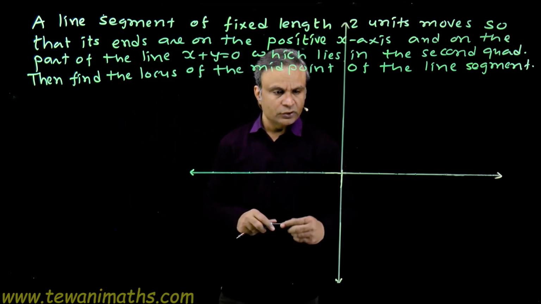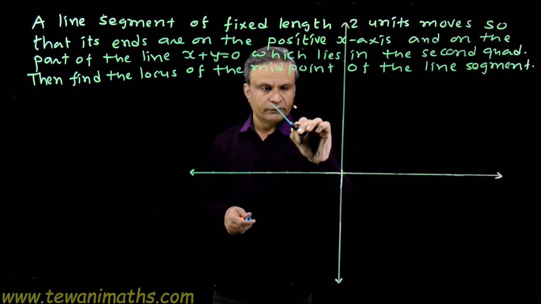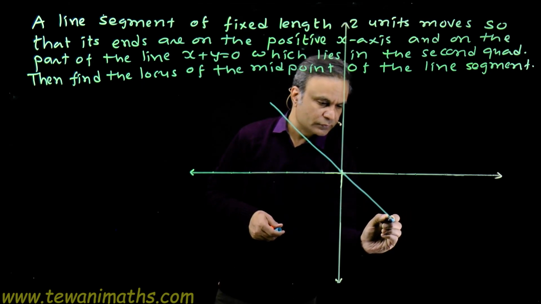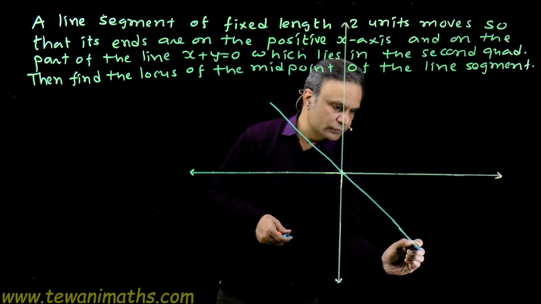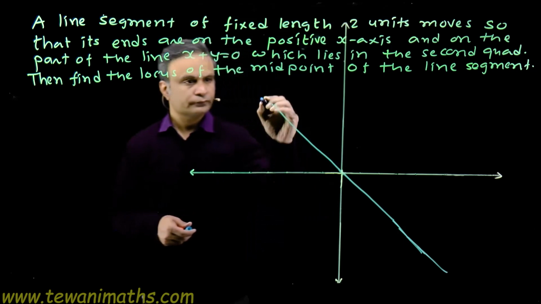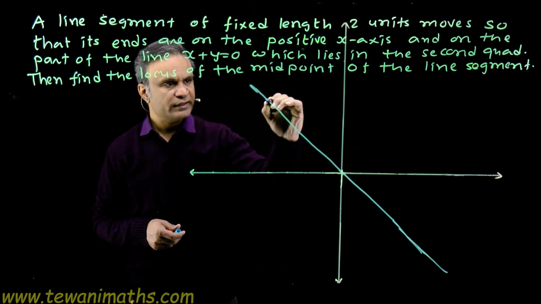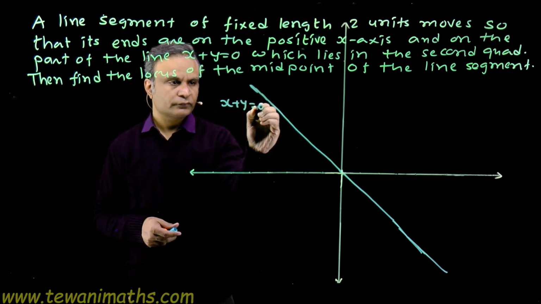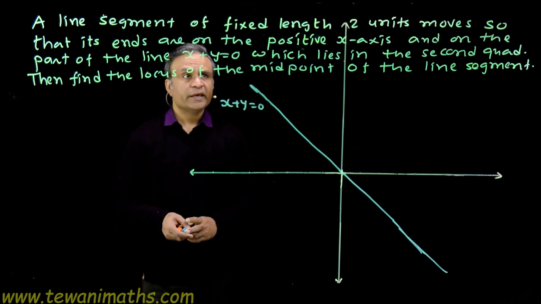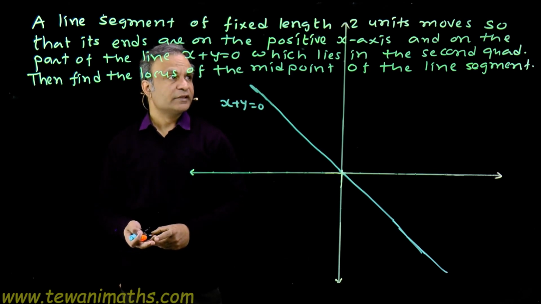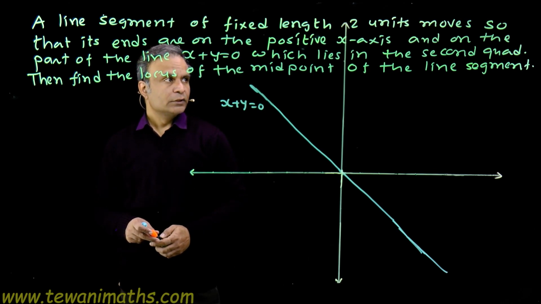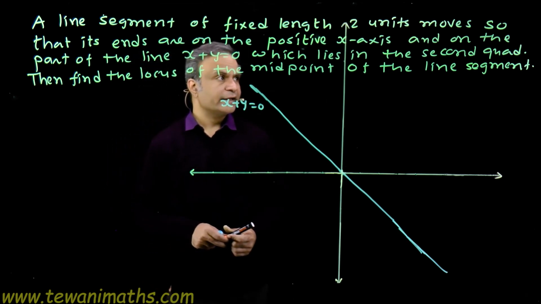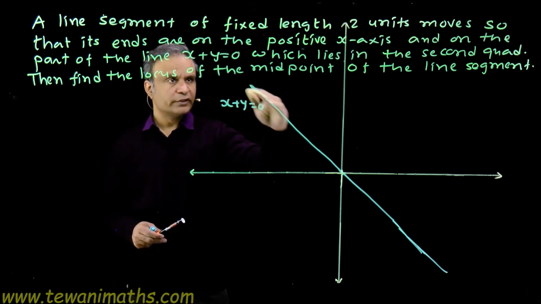So first let's draw this line. We have this line x plus y is equal to 0. Let's extend it a bit. Now we have a line segment of fixed length 2 units. It moves so that its ends are on the positive x-axis and on the part of this straight line which lies